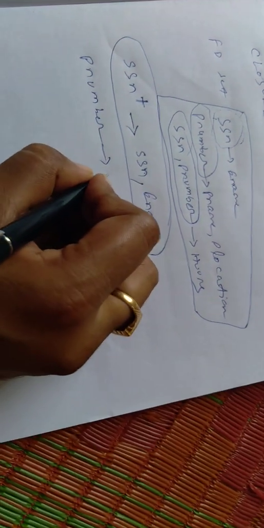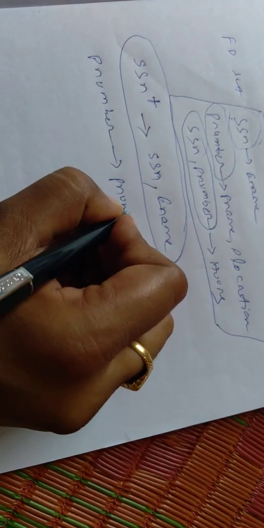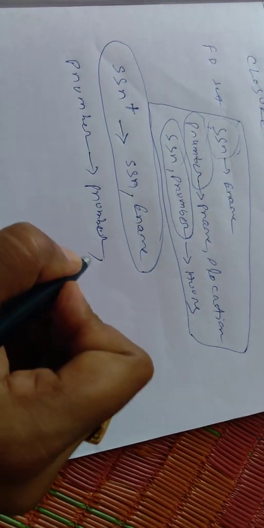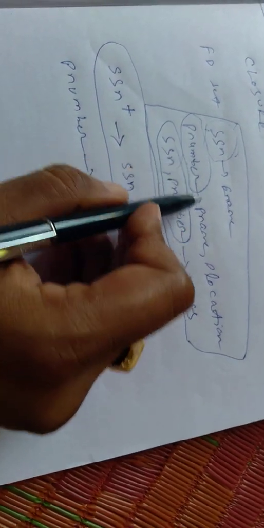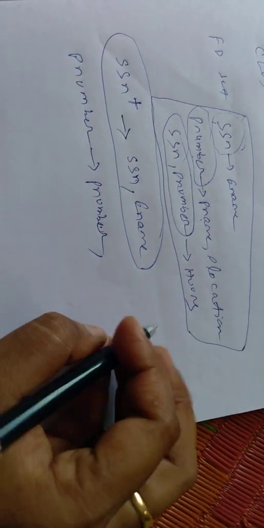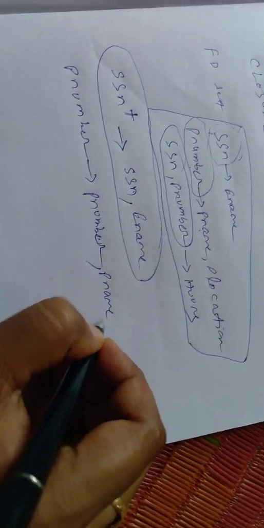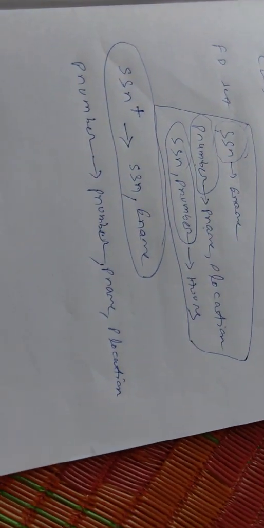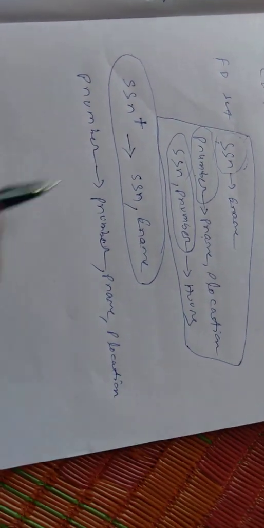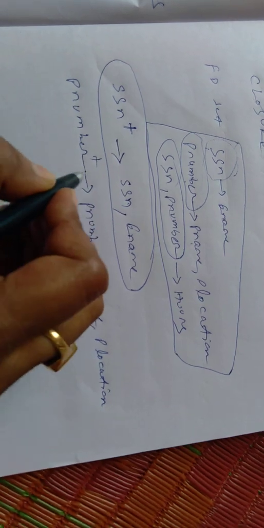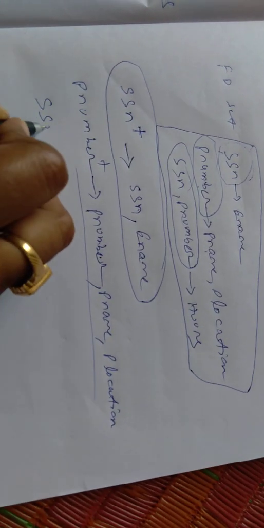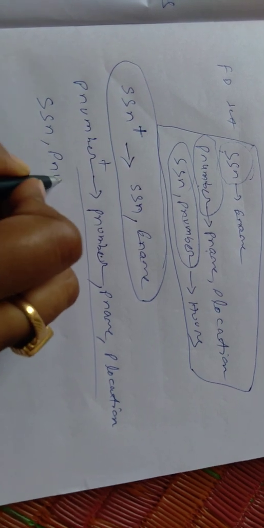So what will be the first attribute under the closure? Itself will be the first attribute, p number itself will be there, then any other attribute which it is deriving. So p name will be there and p location will be there, these three. So closure of p number will be this. Similarly, closure of SSN p number